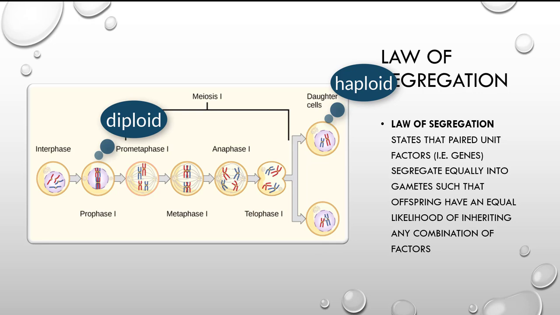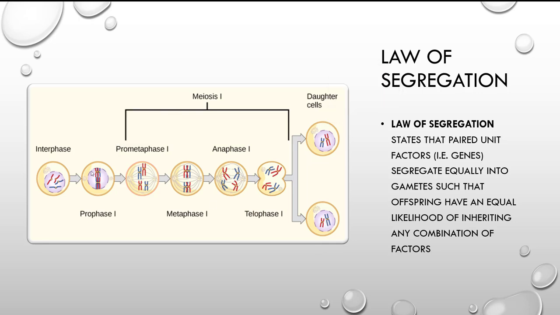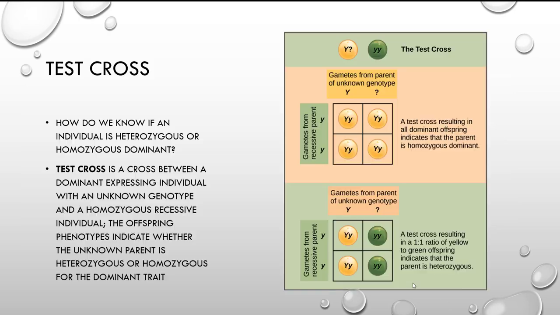Each daughter cell has 1 copy of every gene. We started out with 2 copies, and now each cell only has 1 copy of every gene. So we're equally distributing the genetic material. All right,